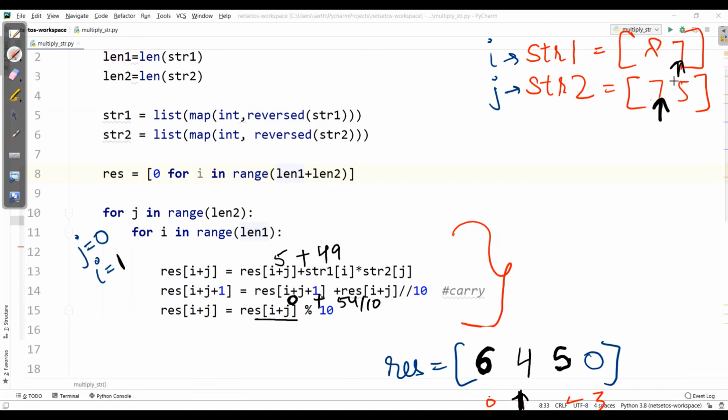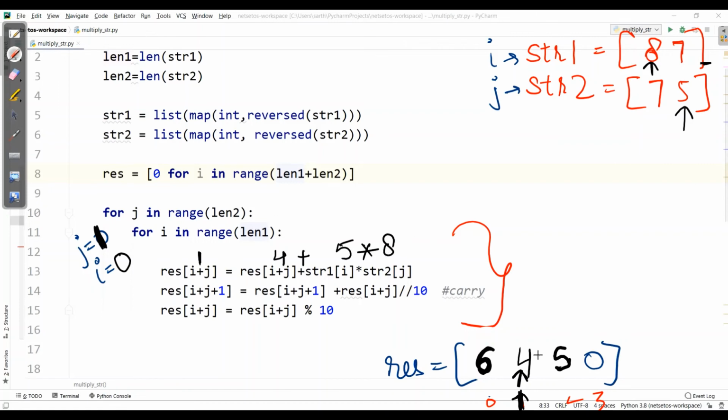Now after i is equal to 1, there is no digit over here. So this loop will break here, and now we will operate for j equal to 1 and i equal to 0. So 0 plus 1 is the first index. That means again we need to operate on the first index, where we have already 4, plus j equal to 1, which is 5, and i equal to 0, 8. 5 8s are 40.